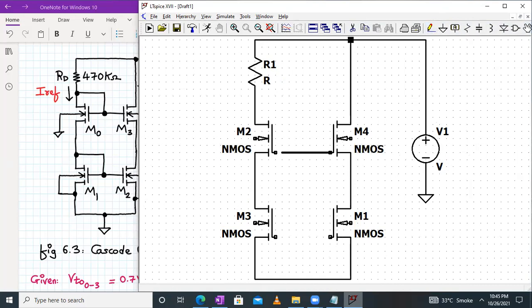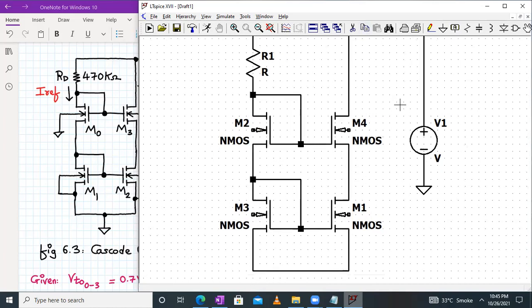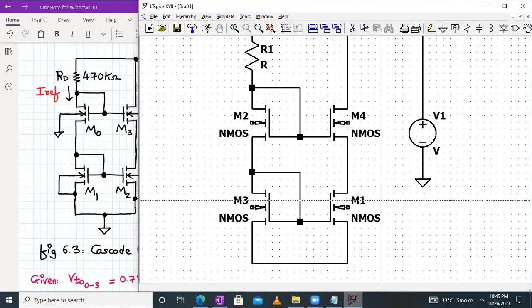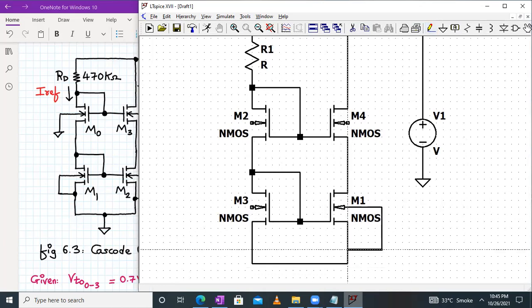We'll connect the gate terminals of these two transistors together. And this is a diode connected. So we'll do this connection. Similarly for lower one also, it's a diode connected one here in this case. So we'll do the connections like this, right? And also we have to connect their body terminal. So these two transistors body terminal will be connected to the ground. Here it is, the 4th terminal.